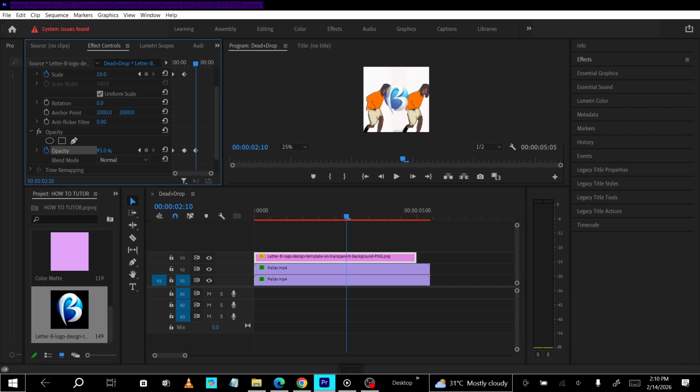To blend the logo with your footage, you can apply a drop shadow effect for separation, or simply lower the opacity for a soft watermark look. Aim for subtlety so the logo supports your video without stealing the show. That's it. Clean,